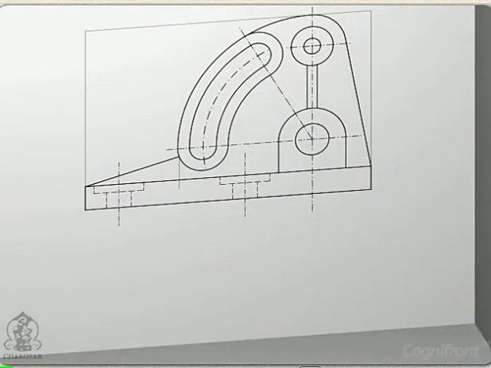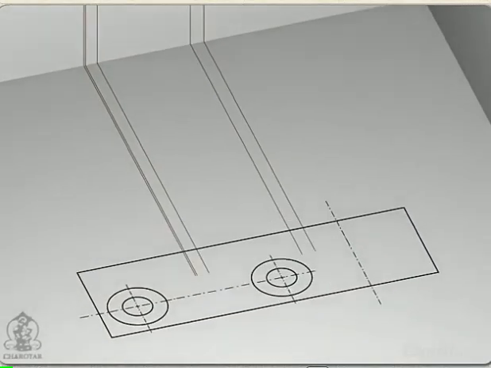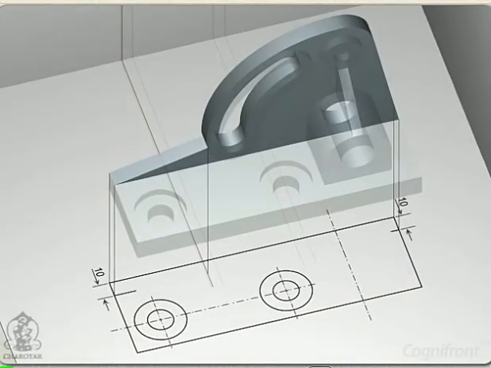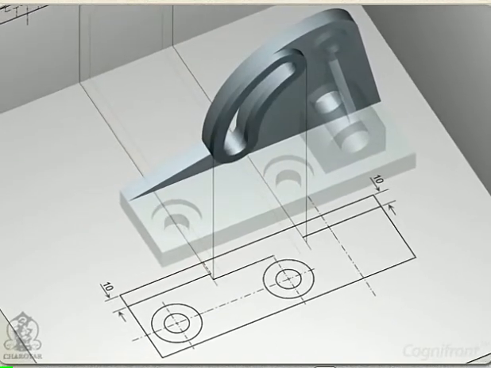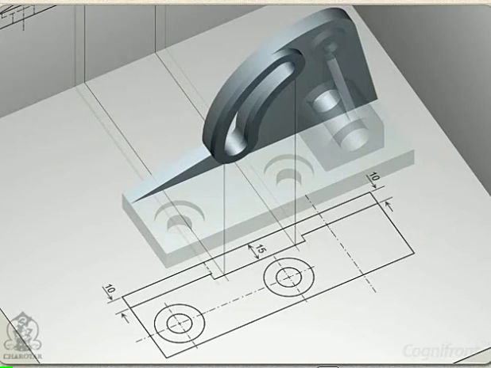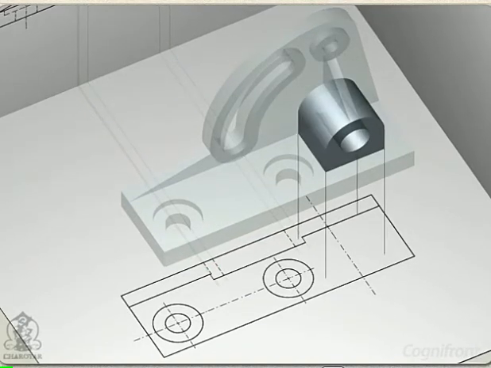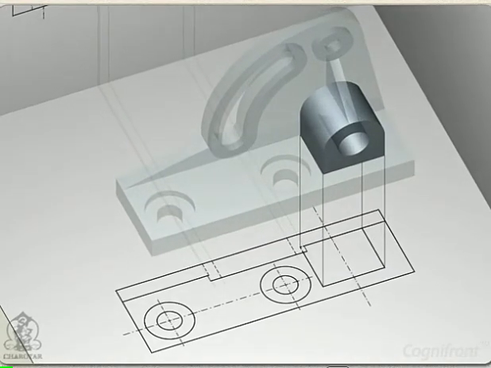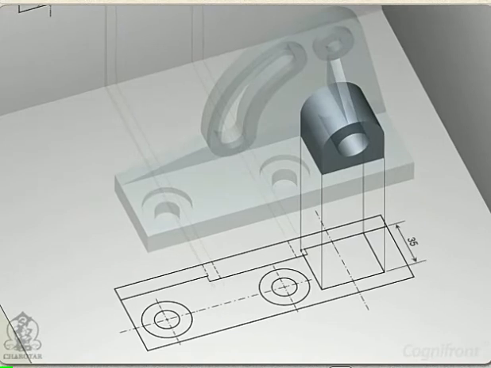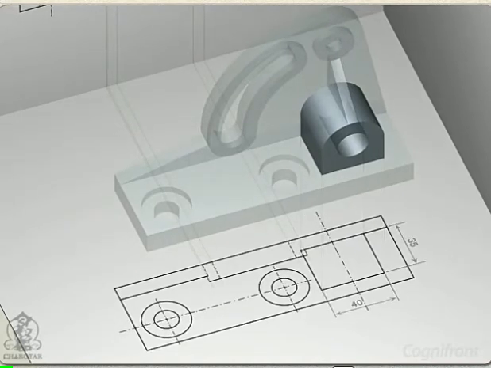Now for the inclined rib and slot, take reference from the front view. The inclined rib is 10 mm thick and the slot portion is 15 mm thick. Next, project the semi-cylindrical extrusion. It is represented as a rectangle of 35 mm by 40 mm. Don't forget hidden lines for the 20 mm